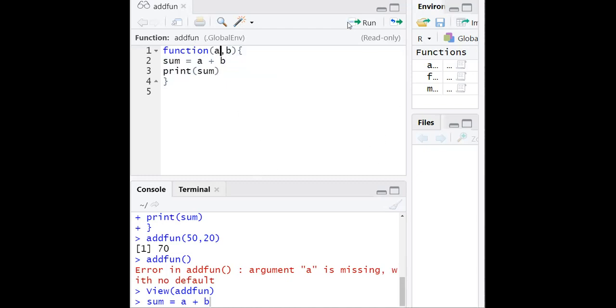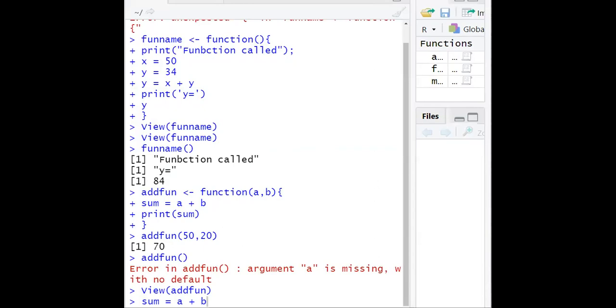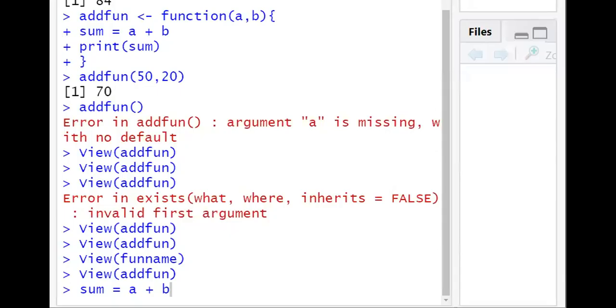It is currently read only. So what we can do is put an a is equal to operator.